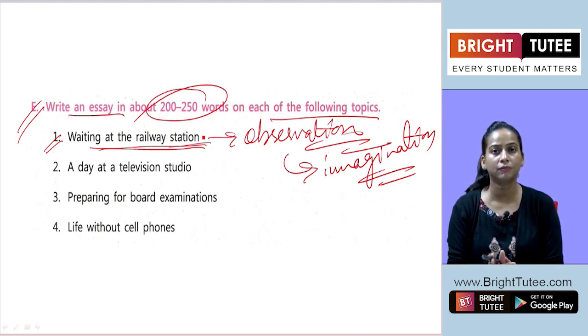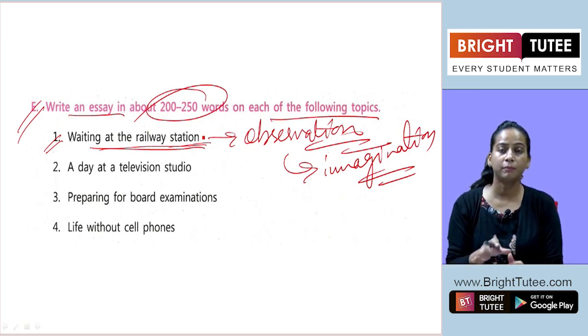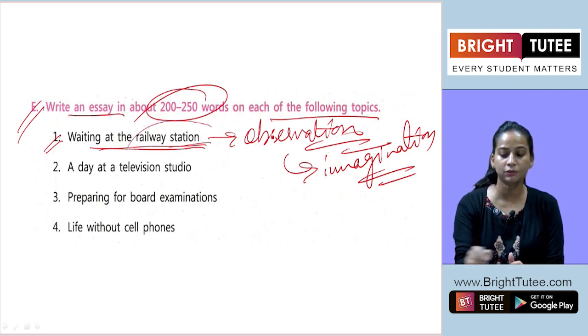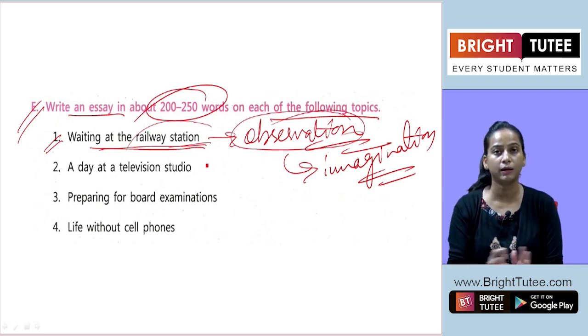Then you will start with the things you are able to observe around you when you are waiting for something, or you can mention that you were supposed to go and the train got delayed. But the main theme will be what things you observed, what kind of movement was taking place, what kind of different objects were available at railway stations. So you have to mention all with the help of examples and what you are learning out of that.